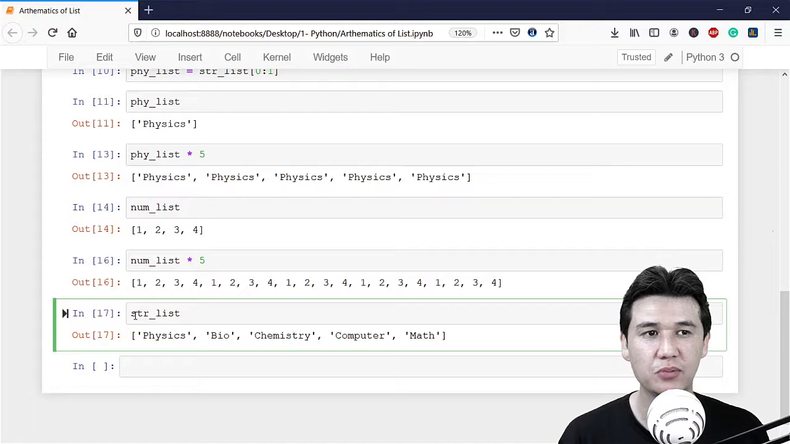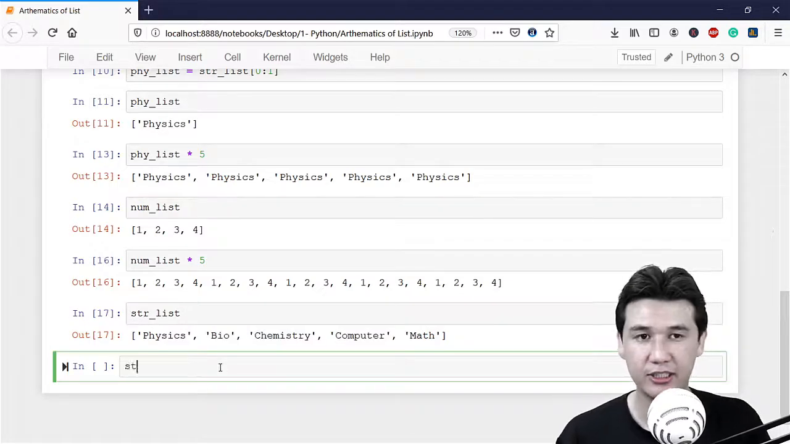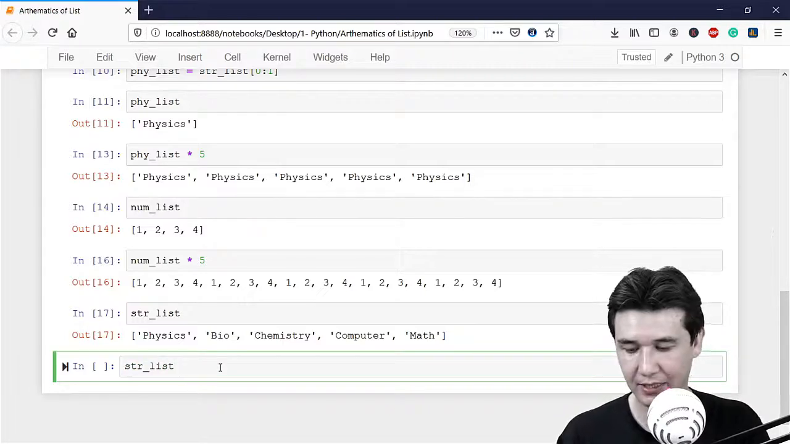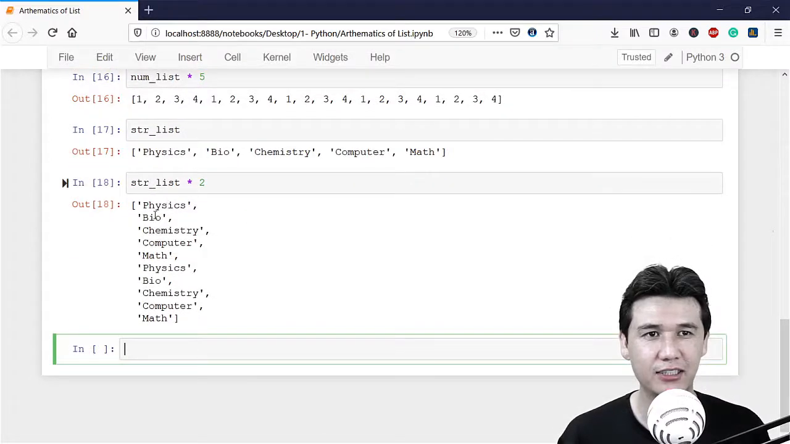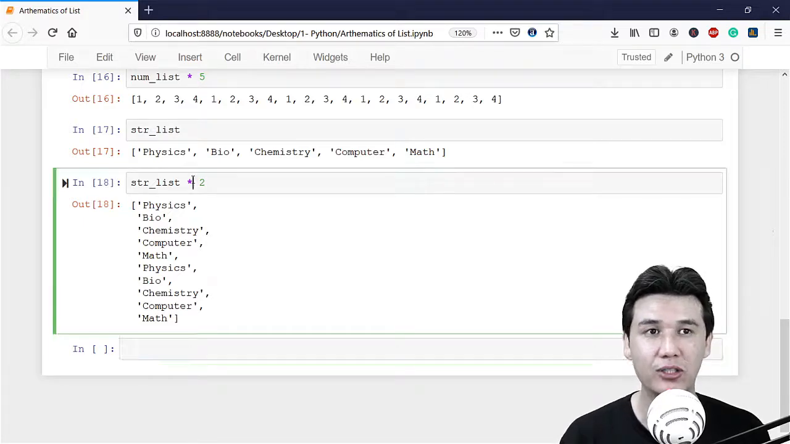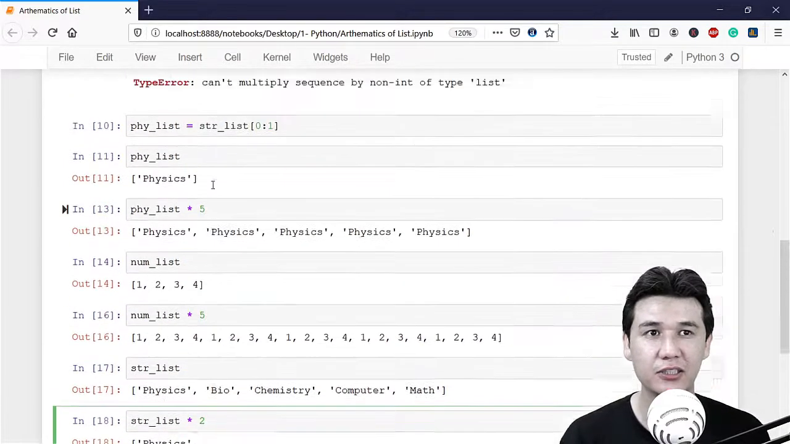How about if I multiply the string list, which is the combination of all these elements, for example string list multiplied by 2, and you will get physics, biochemistry, computer math, and again physics, biochemistry, computer math. You have multiplied that list 2 times. When you use the multiplication sign, the asterisk, you add some integer, maybe 2 times, 3 times. You cannot multiply list with list,